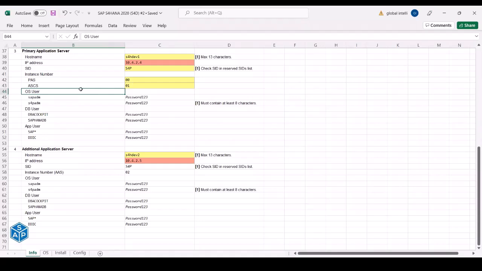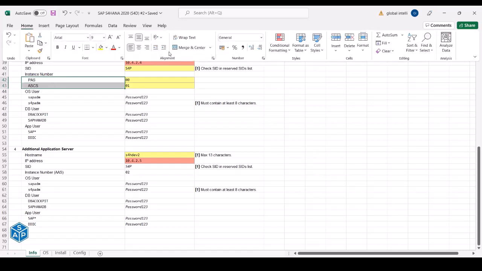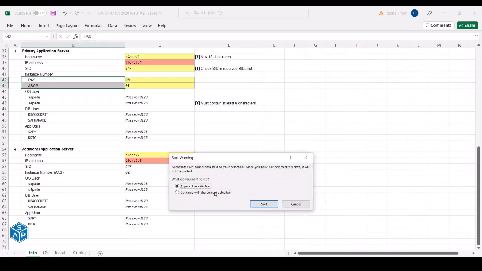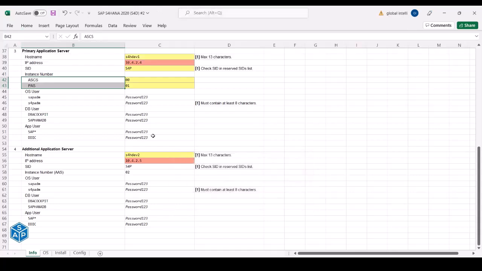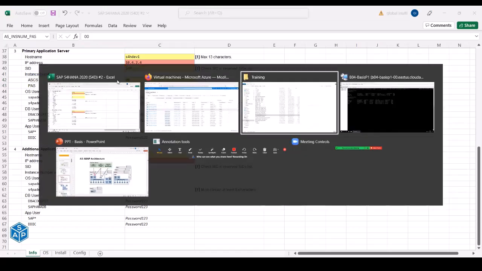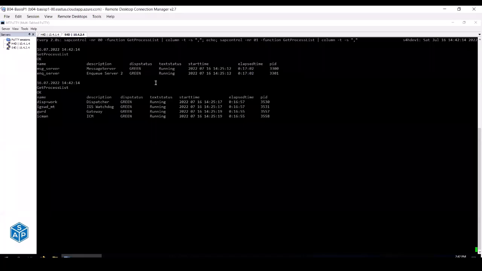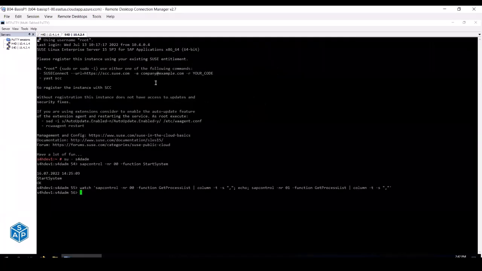No, there is a little bit of change over here. Okay, your ASCS instance is 00. 00 is my ASCS instance. If I want to confirm it, you can check it from